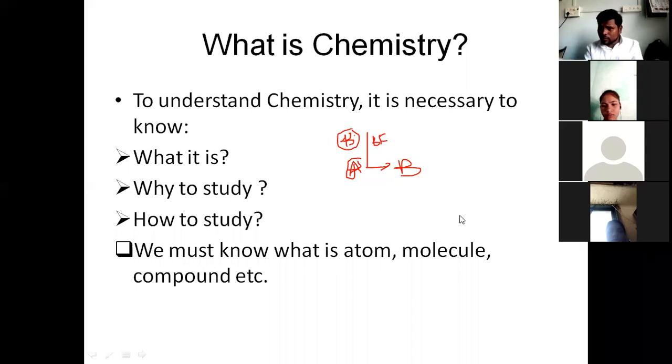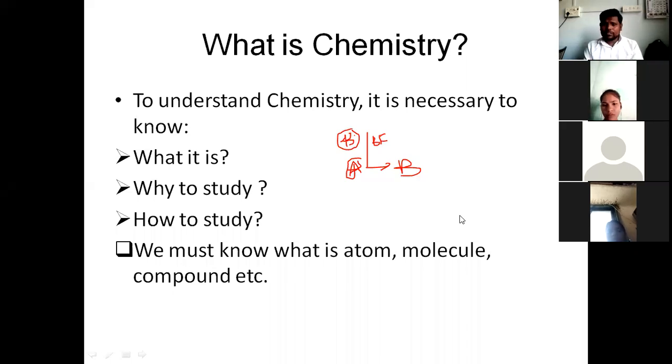inside the body and outside the body. You can see everywhere there is chemistry. Okay, everywhere there is a molecule, everywhere there is an atom, everywhere there is an electron. Okay, and they continuously change their position, continuously change their energy, continuously change their structure. Okay, so because of that, bond making and breaking is a continuous process that is going on simultaneously, and because of that you will see that there are a number of changes. So these are all changes only because of chemistry.